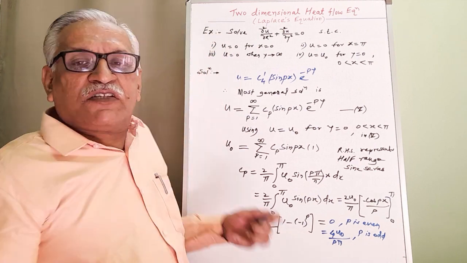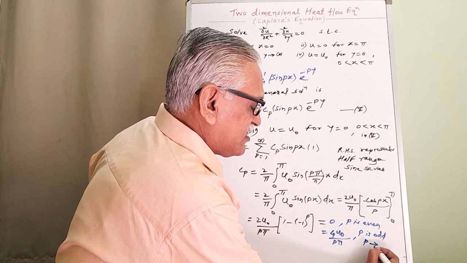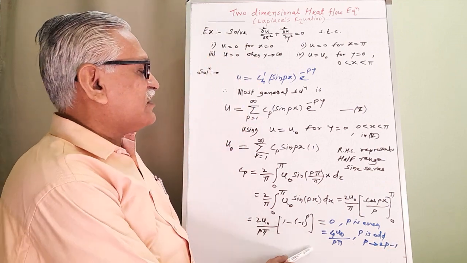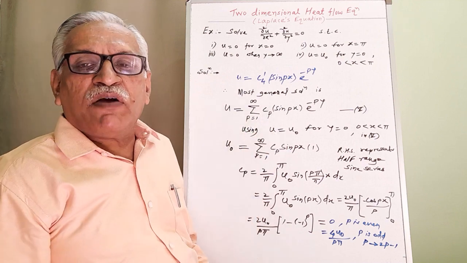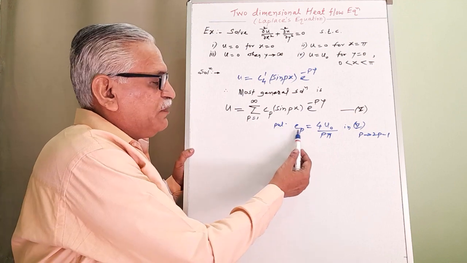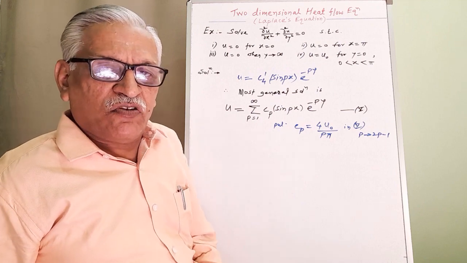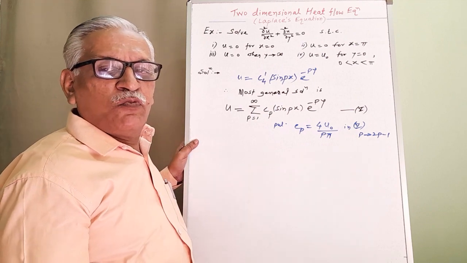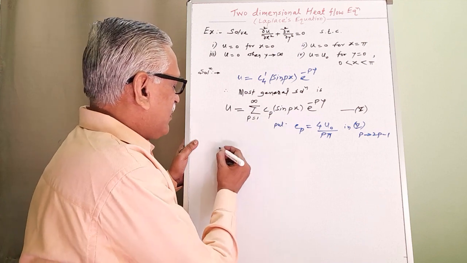And as the value exists for odd p, we have to replace p by its general term 2p minus 1 while substituting in equation number 5. In the last step we have the value of Cp as 4 u0 divided by p pi, and that will exist for odd values of p, and as it exists for odd values we have to replace p by 2p minus 1 while substituting in equation 5, and therefore the final solution we have